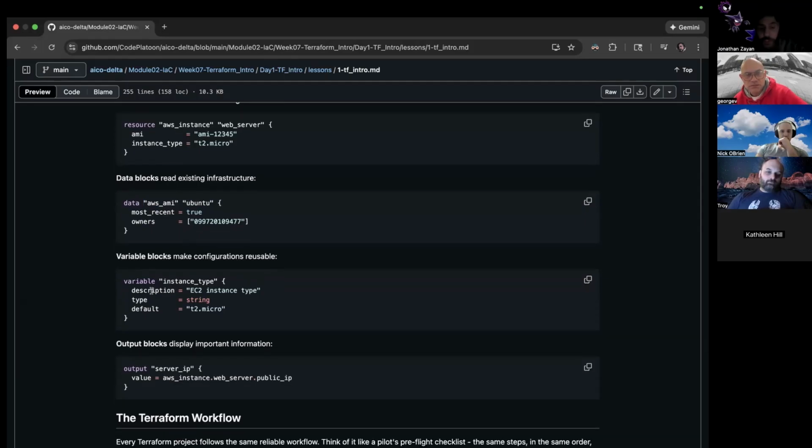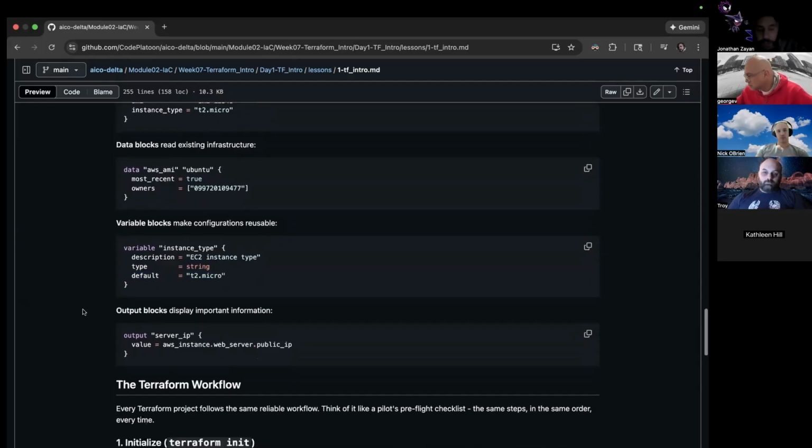The things you'll notice with these key value pairs is that they are configurations. This is literally what you would do if you were in the AWS console. You would find, oh, let me find this AWS AMI thing, but it's not worded like this. And oh, let me change this to true. Let me establish this owner. Let me change the type, whatever it may be.